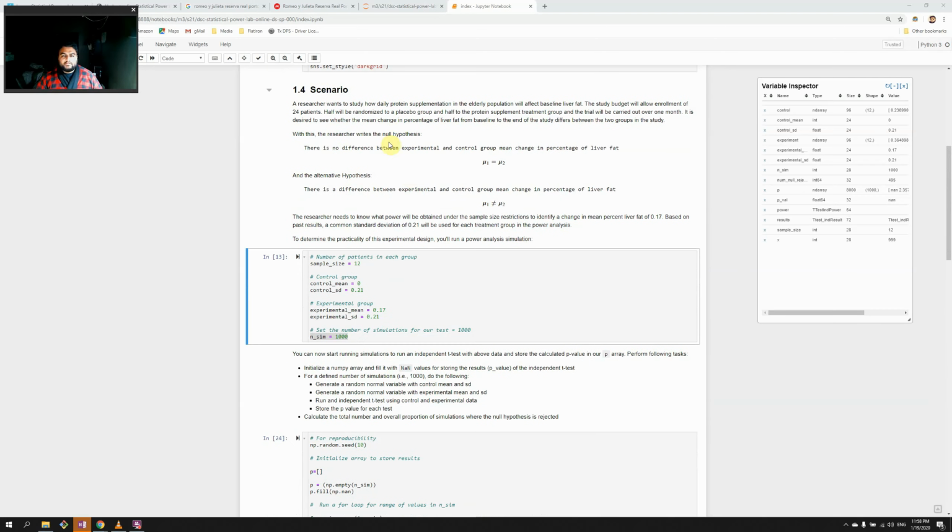A researcher wants to study how daily protein supplementation will affect baseline liver fat. So they're going to give them proteins and see if it has any effect on the amount of fat around their liver. The study budget will allow enrollment of 24 patients. Half will be randomized into a placebo, half into the group that's going to get the protein supplement. The trial will be carried out over a month. It's desired to see whether the mean change in liver fat from baseline differs between the two groups. So they're just trying to see if giving them proteins is going to reduce the amount of fat around their